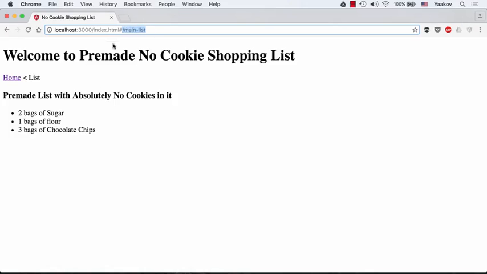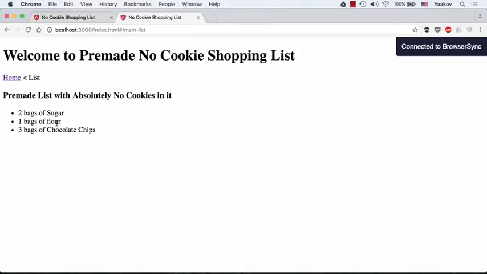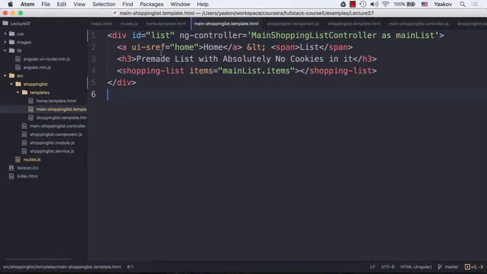And obviously, since the state has a URL map to it, we could go ahead and copy this URL, open it up in a different tab or really a different browser, and we'll still get exactly the same UI state as this URL is indicating, being that it is the main list, that is the pre-made list with absolutely no cookies in it. Okay, let's close this and let's go back to our code editor